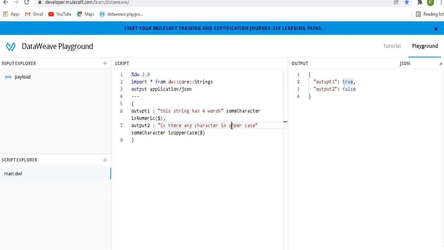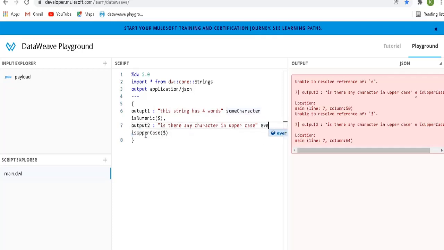If any one uppercase letter is there, it will give you true. See here, U is an upper letter I have given. That is why it is true. This is also a small letter. If no character satisfies this condition, then it will send you false. But in case of every character, we have already seen that, right?